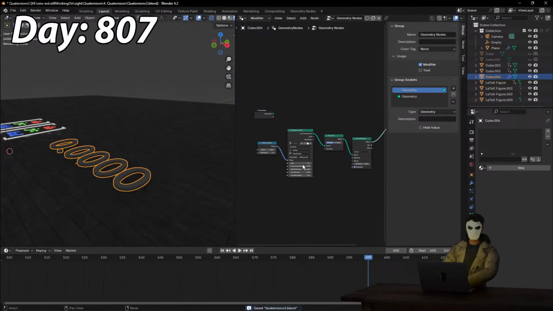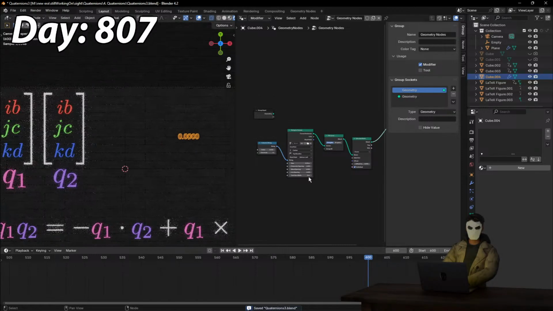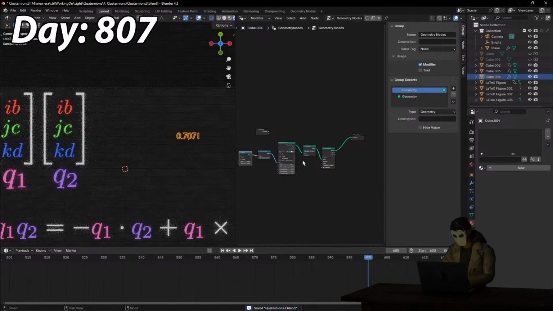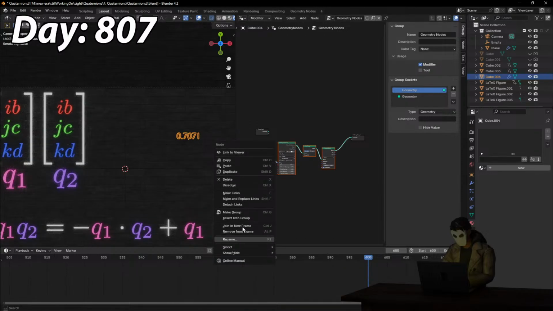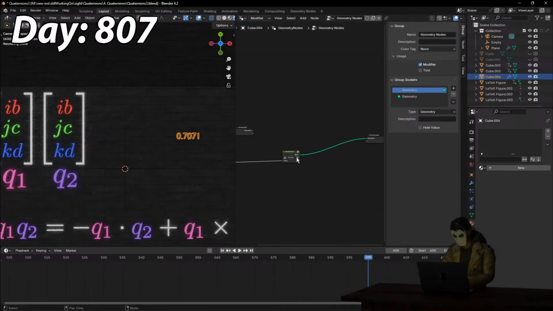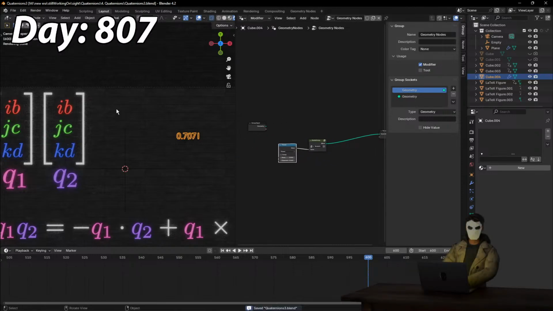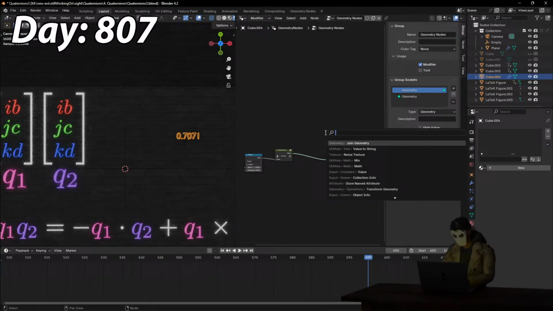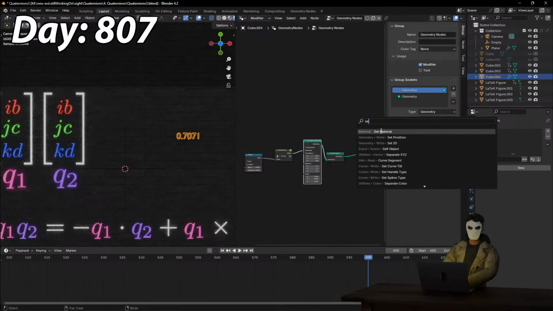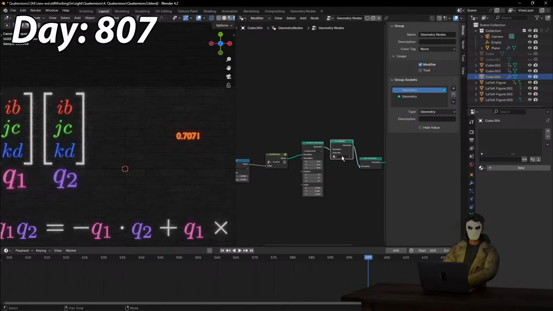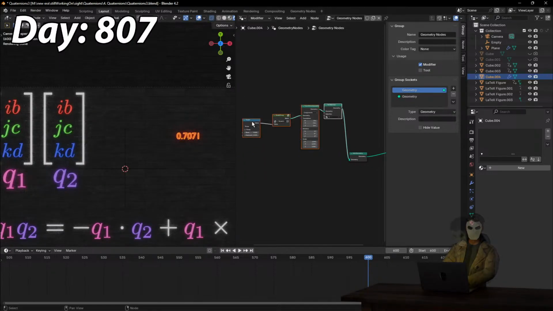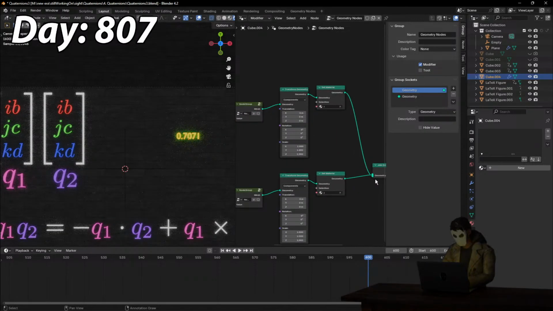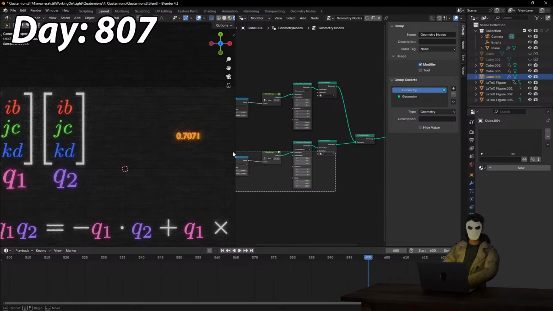There we go. Now let's make this much smaller. Something like, yeah, this, whatever. And then let's make the group. And now what we want is three numbers. So join geometry, transform and set material. There will be I. Then we're going to have the next one, J, and then we're going to have the last one,